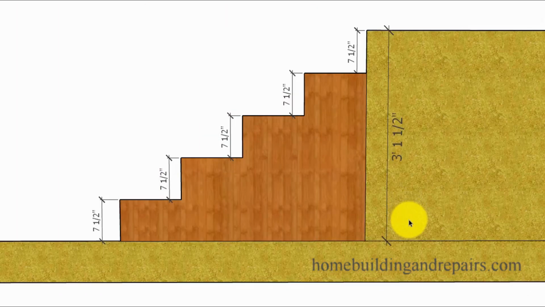Next up, let's go ahead and take the overall height of the area that we're trying to calculate the individual risers for. And this usually isn't going to be that difficult. You're going to have an area where the stairs are going to be starting, maybe a flat landing, maybe a concrete pad for a deck, or any other situation where you have a lower level and an upper level and an area that you can measure so that you can divide the amount of risers into this number to get